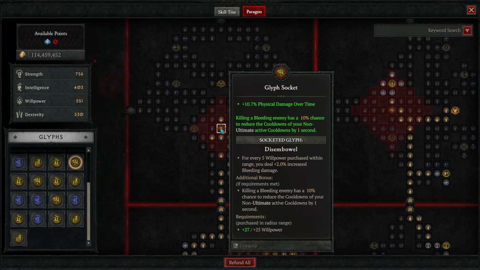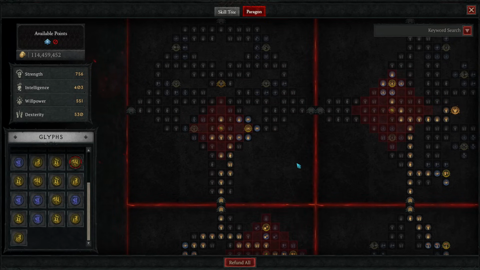Every enemy will be bleeding the second that they hit us, as we've talked about, but it also has the additional bonus of a 10% chance to reduce the cooldown of all of our non-ultimate abilities when we kill a bleeding enemy, which is great for basically 4 out of our 6 abilities, as they have cooldowns resettable with this, and everything's going to be bleeding, so it just makes this play a lot more fluidly if you're constantly killing things. You want to grab the damage reduction and magic rare nodes and the nodes required to actually fuel the glyph itself,